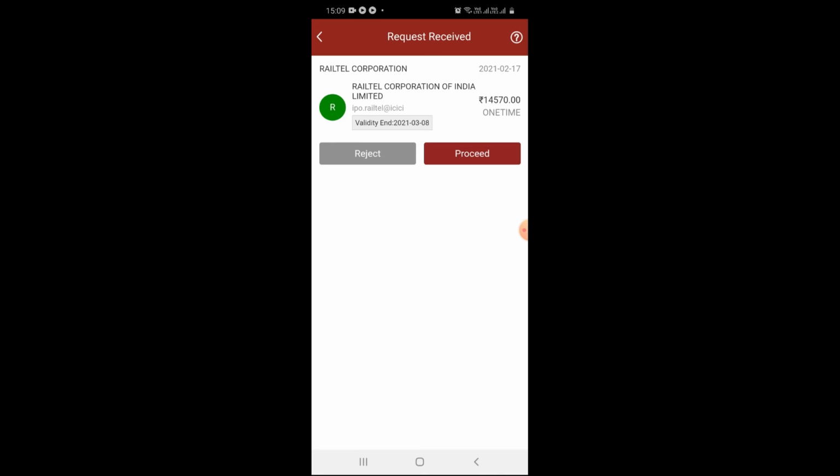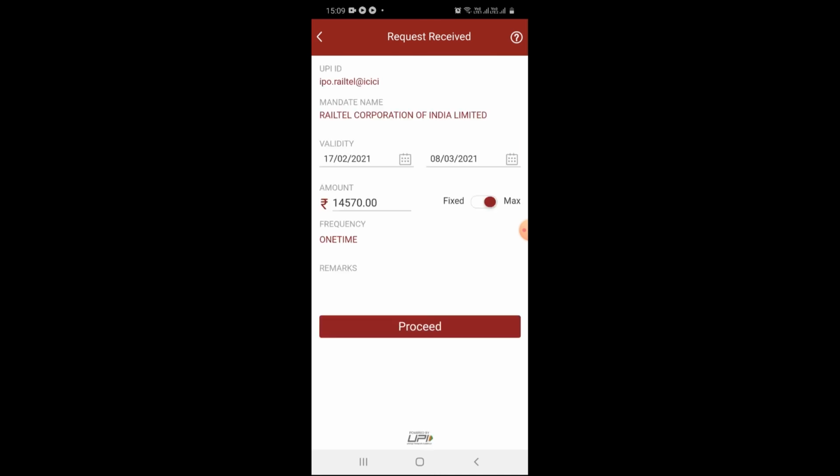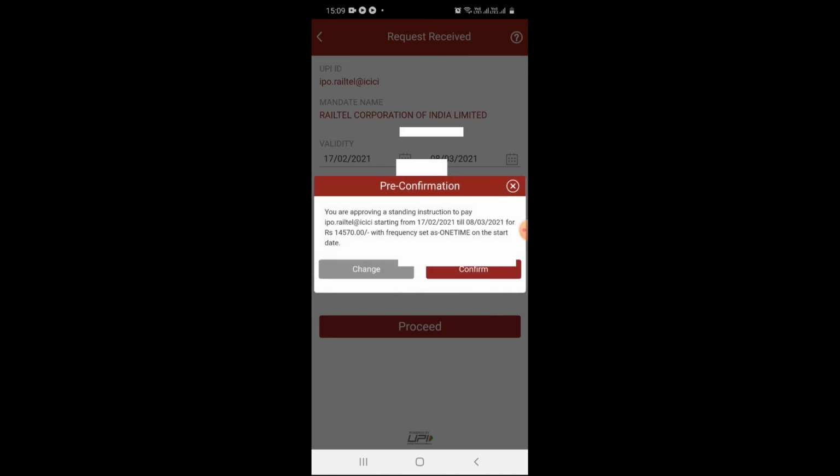So we need to click on Proceed here, and we need to authorize this transaction to complete the total IPO process. We can see here validity, dates, amount and all that. When I click on Proceed, it will be completed. The total IPO process of applying through the Upstox account will be completed.